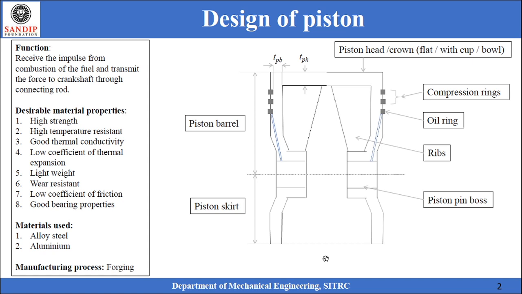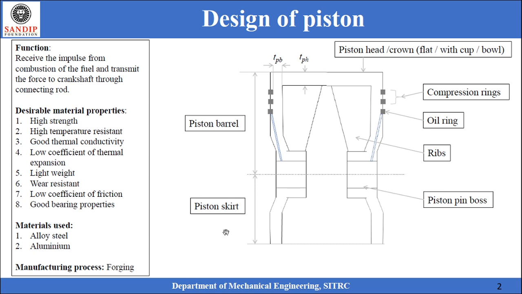Let us understand the construction of a piston. Essentially, it looks like an inverted glass which has got a significant wall thickness. There is a hole drilled along the diameter of the piston through which a piston pin is inserted. This piston pin also passes through the small end of the connecting rod, which will be inside this piston. The axis of the piston pin divides this piston into two parts. The upper part, which will receive the impulse of the combustion gases, is called as piston barrel, and the lower part is called as piston skirt.